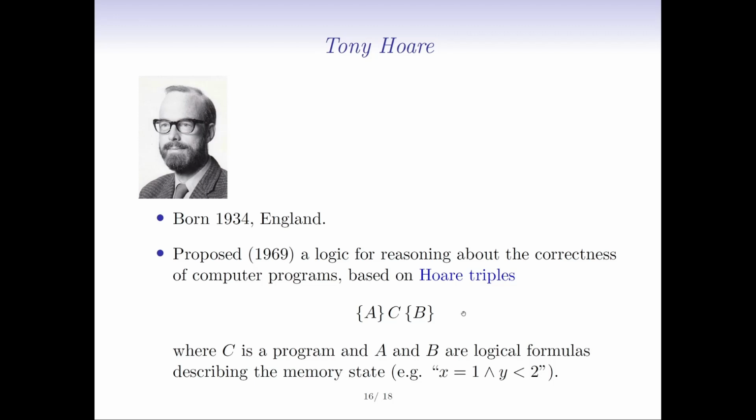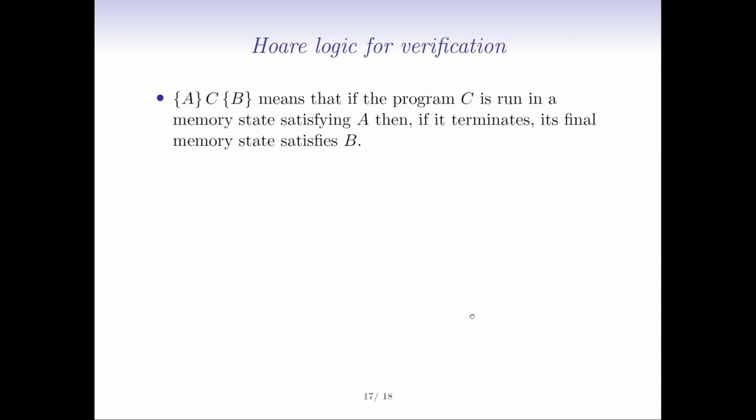Doesn't make much difference in this particular case. And the way you read those triples, A, C, B, means that whenever you run the program C in a memory state that satisfies the formula A, so in other words, the formula A is true of the initial memory state, then if it terminates, its final memory state satisfies B, meaning B must be true of the final